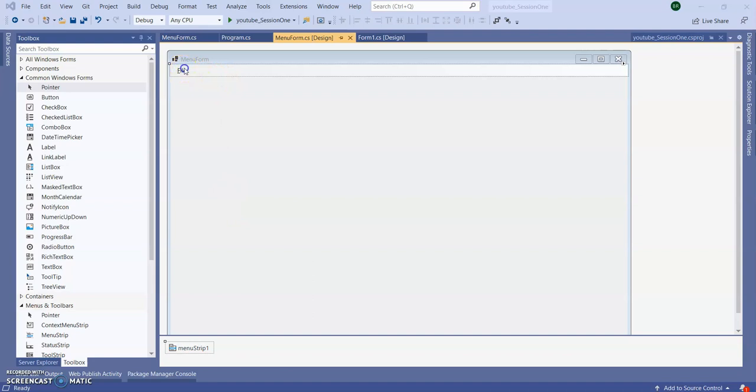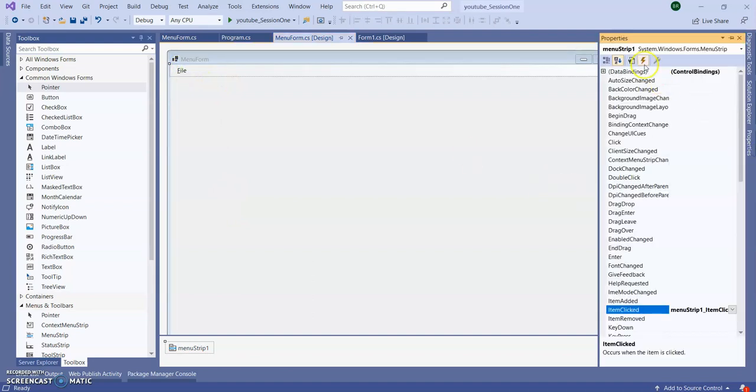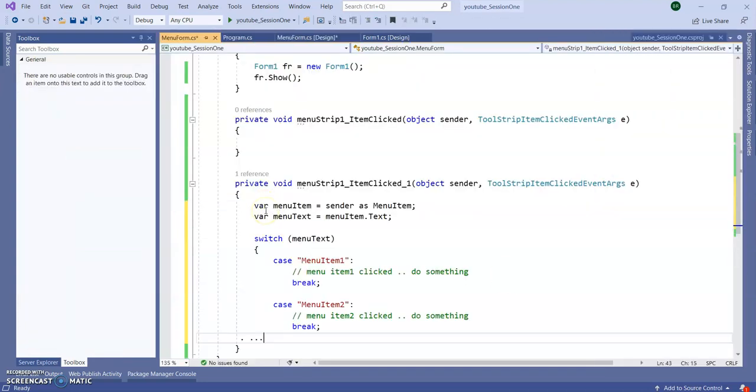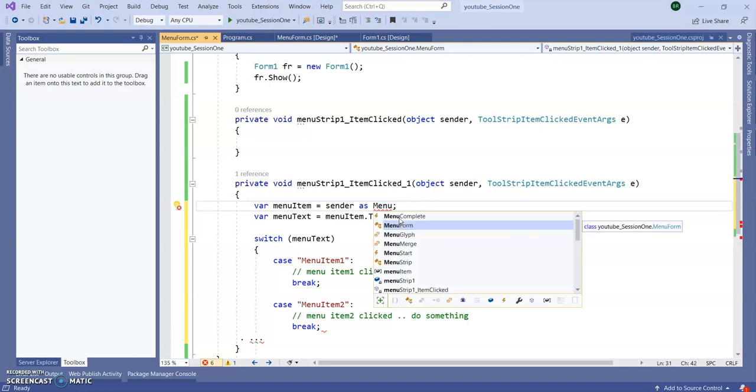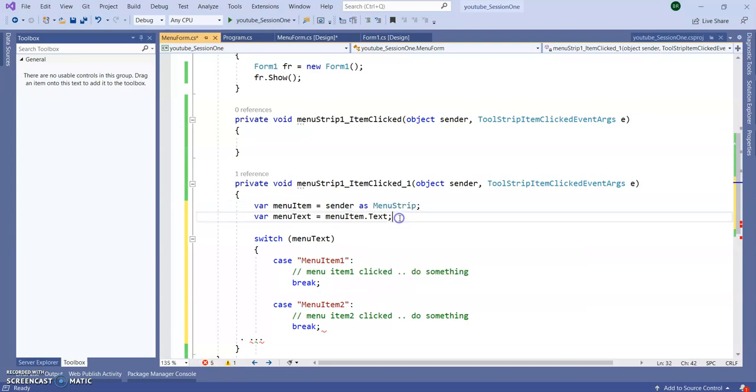Okay, select the menu strip, go to properties. Here you can see events. In the ItemClicked event, we will add like this. Okay, so this is the sender, the menu strip, and the menu strip item text.